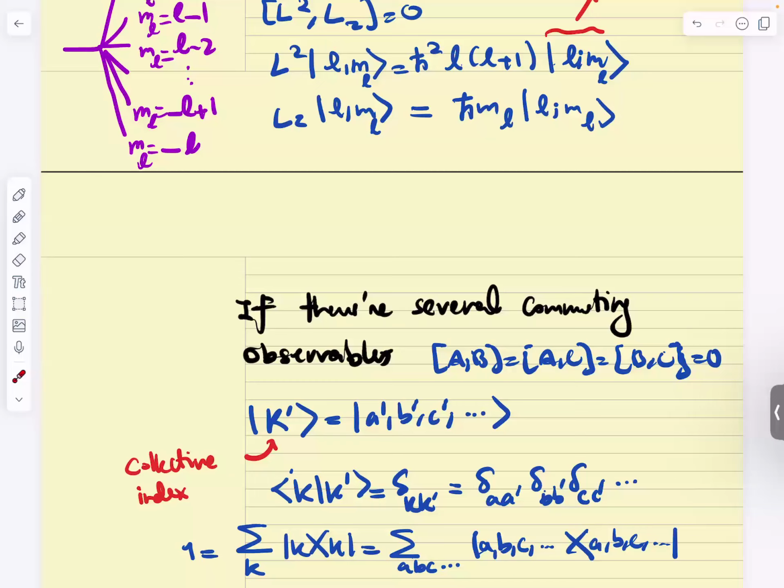I remember when I was in undergrad courses on quantum mechanics, nobody ever defined what a quantum number was, or maybe they defined it and I was not paying attention. But